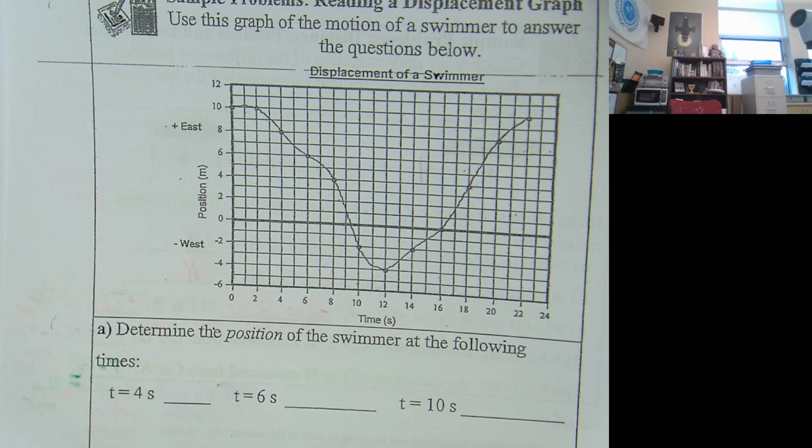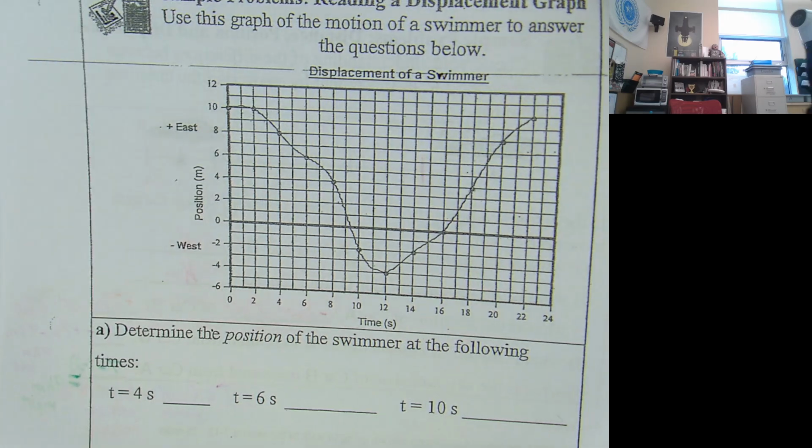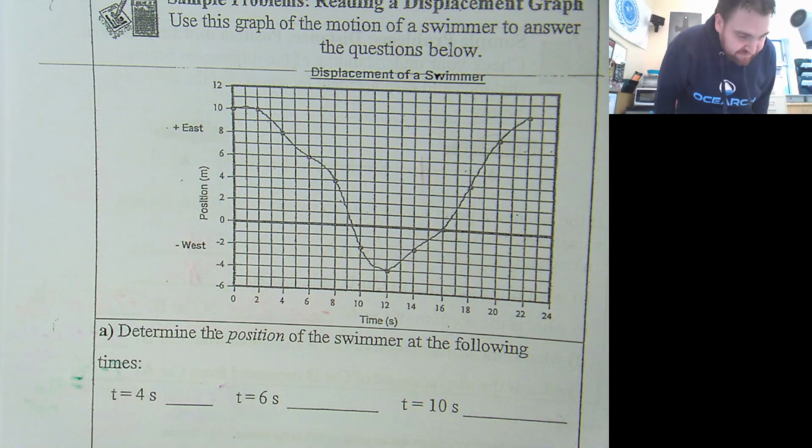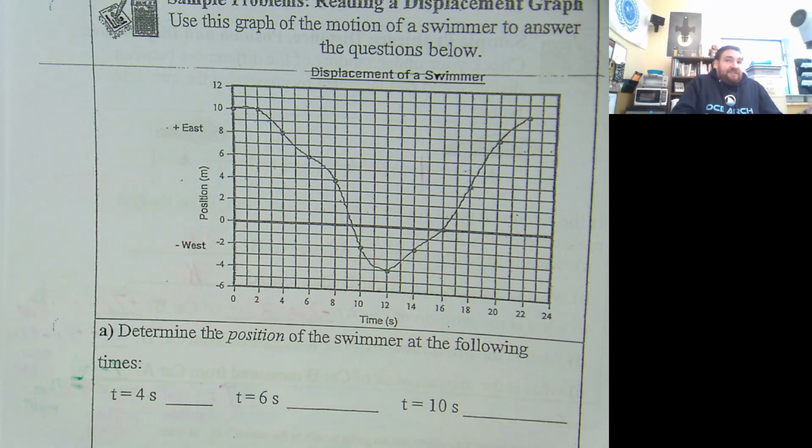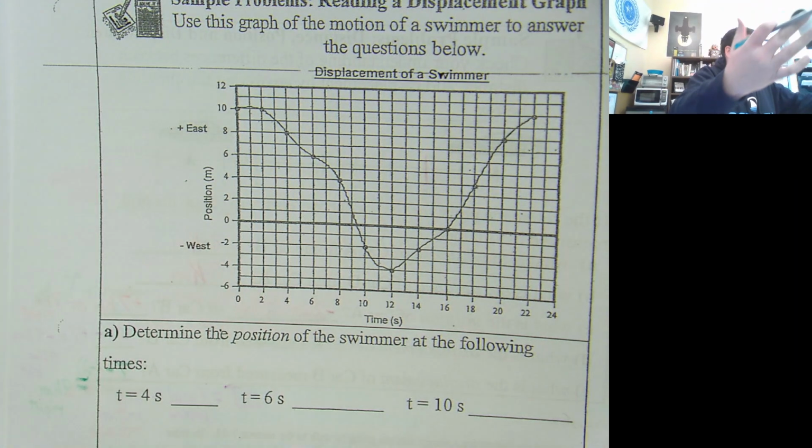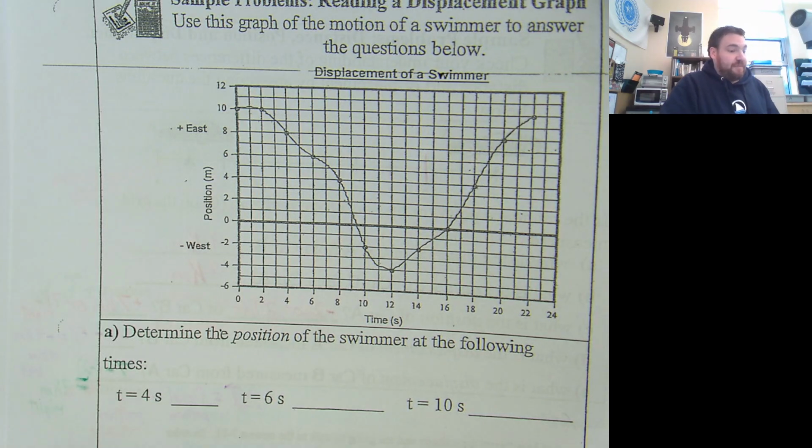And then what does the swimmer do? Just heads back the other way he came from. So this is a one-dimensional problem. Swimmer's just going maybe just a lap. And for some reason, 0 is in the middle of the lane. But that's the data. This graph represents one-dimensional motion, in this case, for a swimmer. So we can answer some of these questions, and based on what you just said, this is going to be fairly straightforward for most of you.